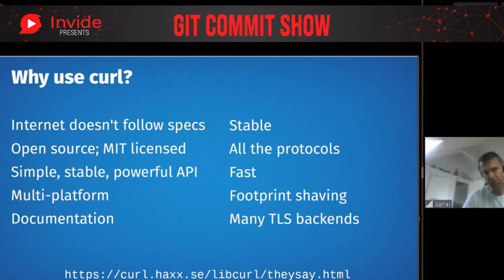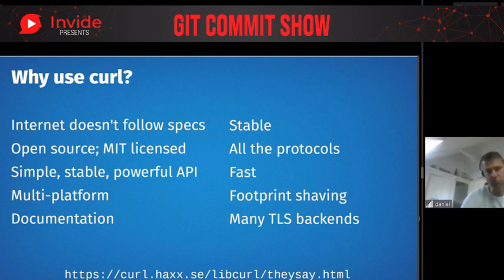Some people will say that the API is a little bit awkward and quirky, but it's still there and it's stable. Actually, the first examples we wrote for libcurl back in 2000 can still be used today with the latest libcurl, 19 years later for the same library. So we know how to do stable APIs, and we also have a very stable ABI, so you can upgrade safely with curl.